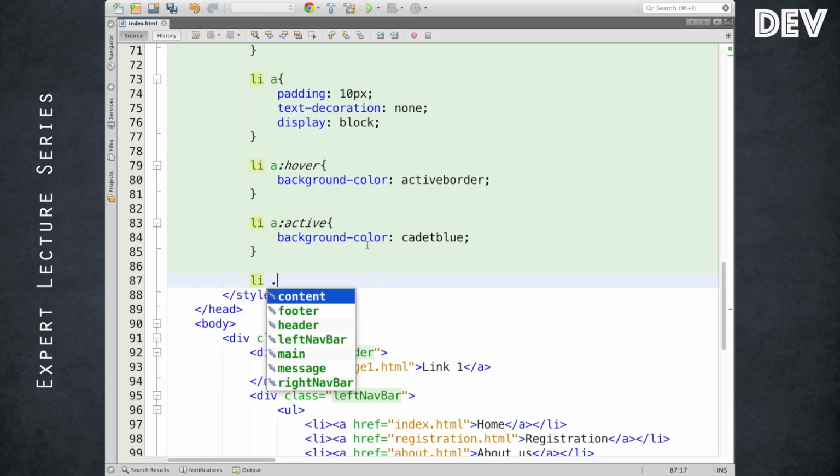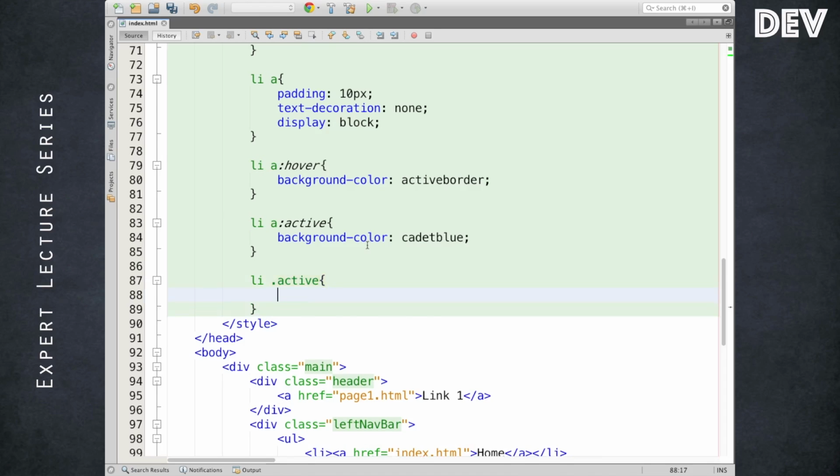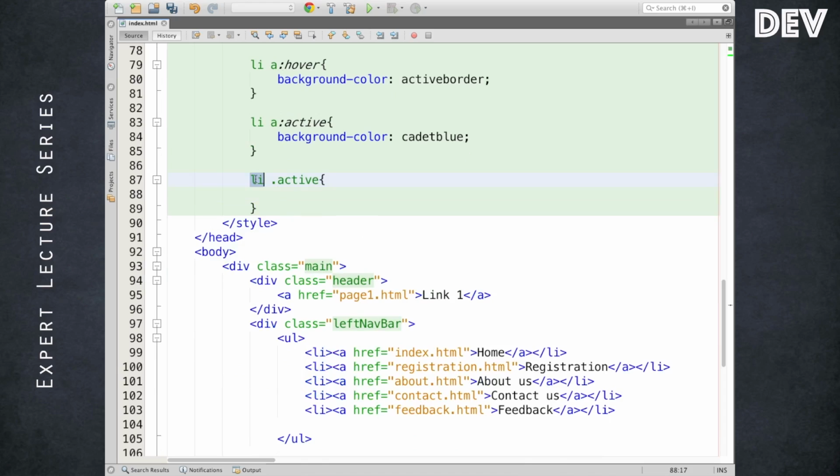Let me create a child element under the list item. In this case, it is going to be a class selector. In this way also we can create it. Remember, the list item is a tag selector, but it has a child selector such as a class. It expects a class, so this particular class should be added to the child of the list item. But before that, let me put the same.